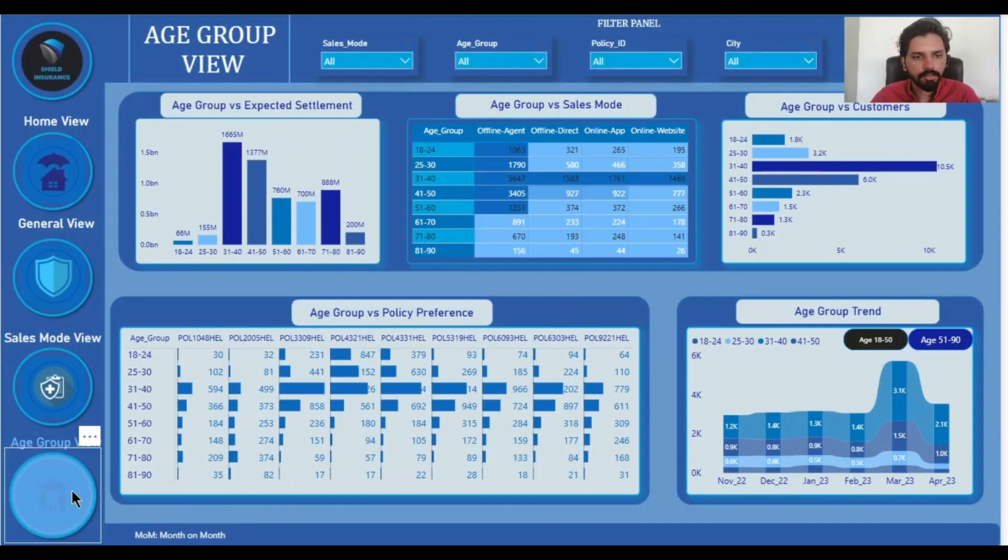And this is the age group view, the same filters on the top. And let's start with the first, the age group versus expected settlement. That is, we will understand what is the expected settlement for different age groups. So based on this column chart, we can clearly understand